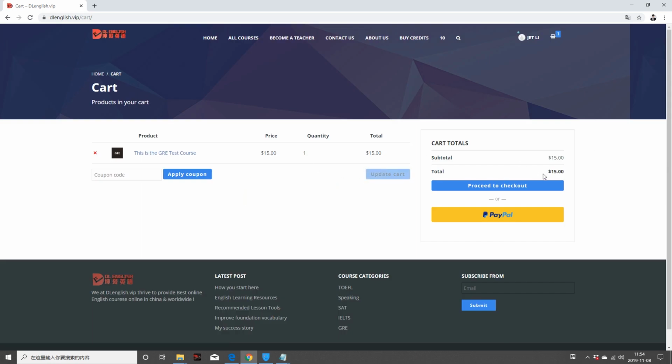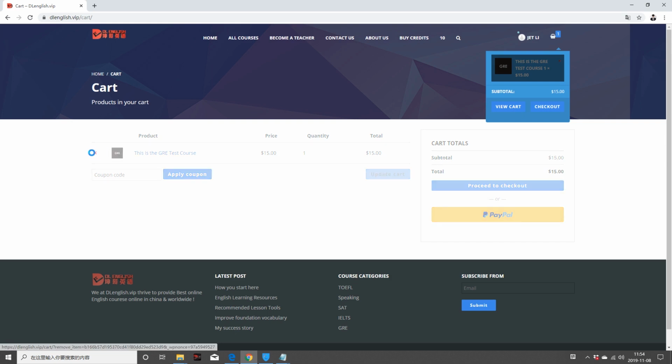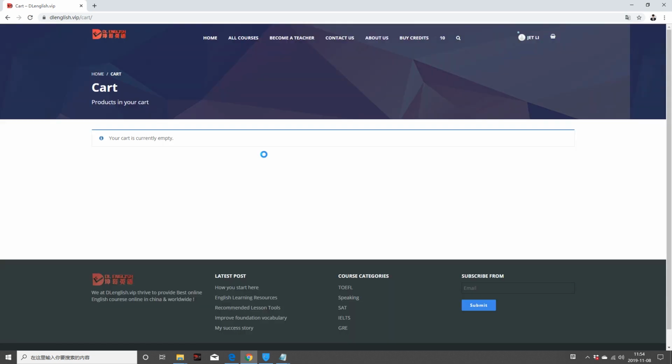Now the sales price, remember, you set for $15 US, right? You can always remove your cart. Your cart is here. Yeah. Always remove your cart. You can. Right. And if you click back,